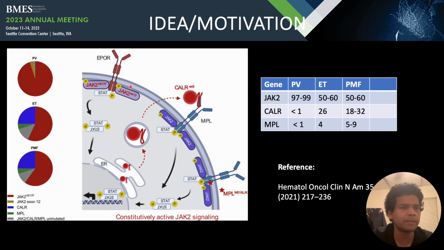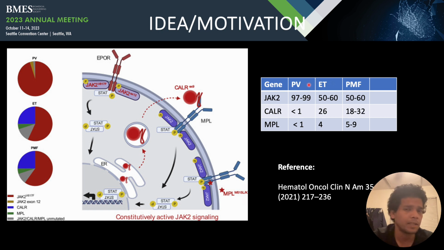In myeloproliferative cancer, different kinds of mutations are predominant, and one of the predominant mutations is the JAK2 mutation, and the next predominant mutation is the calreticulin knockout that we can find in ET and PMF